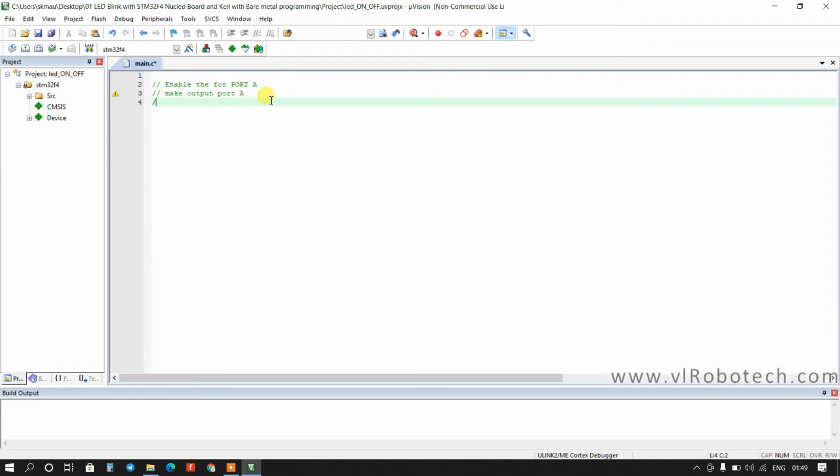And third step will be to turn on and turn off the bit.